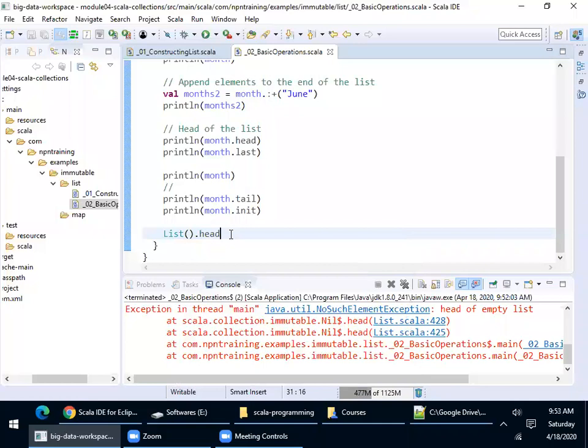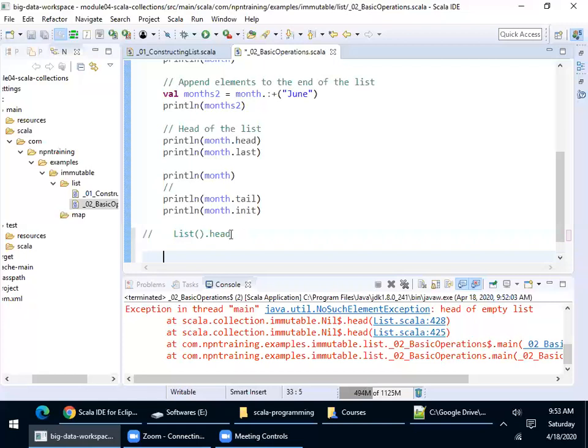Okay. Similarly, there is also last. So last also will not be available for an empty list. It will give you the same error, no such element exception. And there are certain things like, you can't invoke list.tail or list.init on an empty list. It will throw, let's say, unsupported operation exceptions. For example, you see this, I'm creating an empty list. This is one way to create an empty list, and I'm invoking tail.